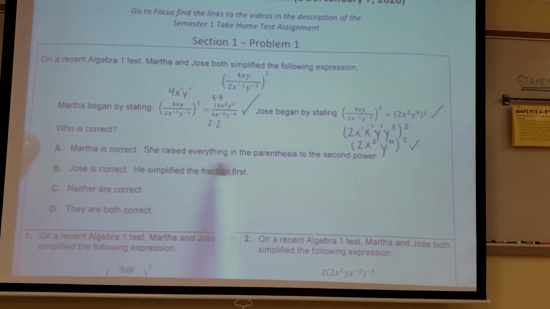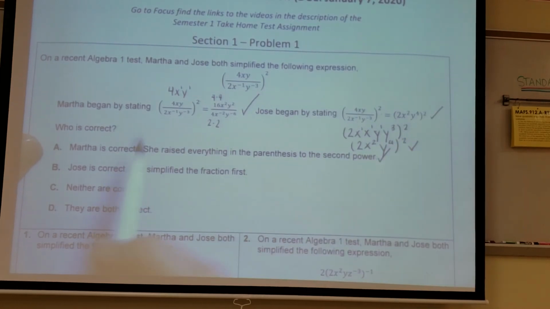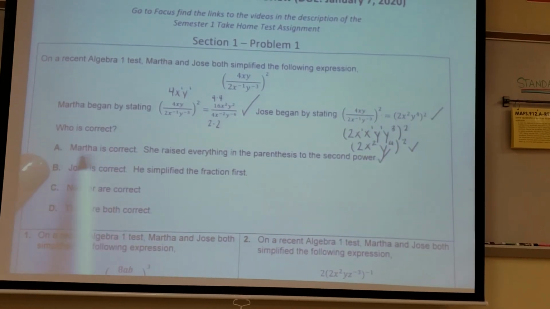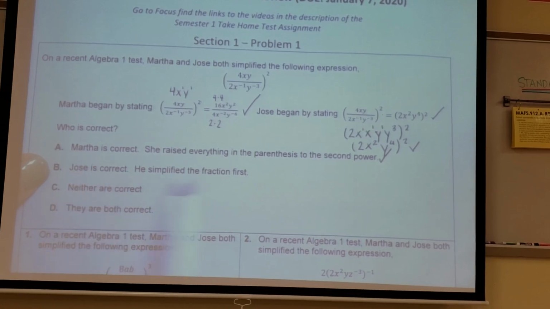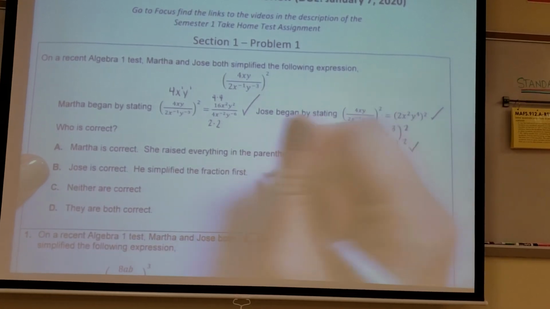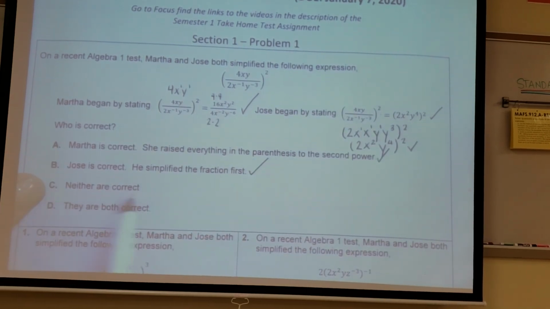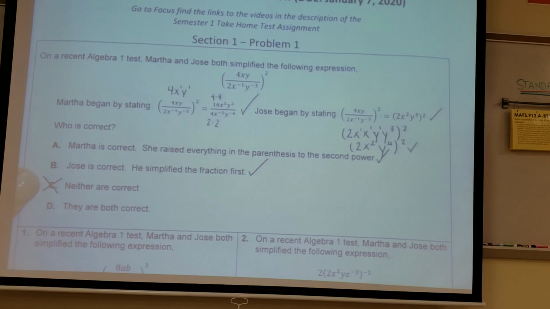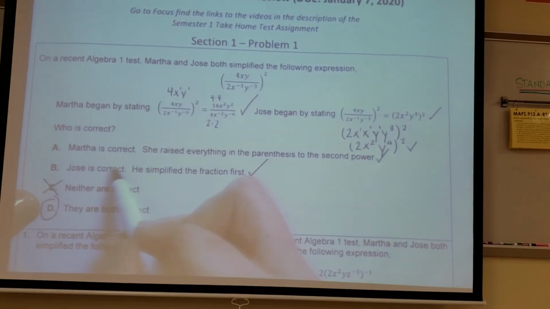Now when I look at my answer choices, A says Martha is correct. She raised everything in parentheses to the second power. Okay, that's true because that's exactly what we did. But we don't want to choose that yet because we want to look at all of our answer choices. Then it says Jose is correct. He simplified the fraction first, which he did. C says neither are correct. Well, we saw they were both correct, so I don't want to choose C. So I want to choose letter D. Martha and Jose were both